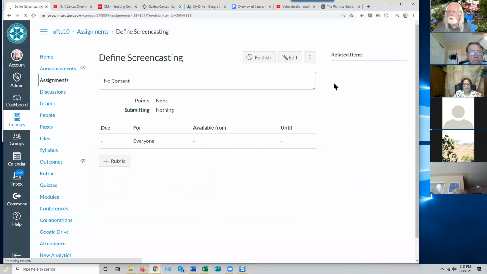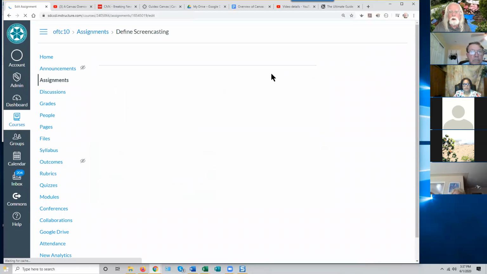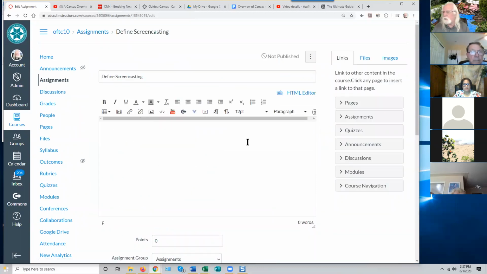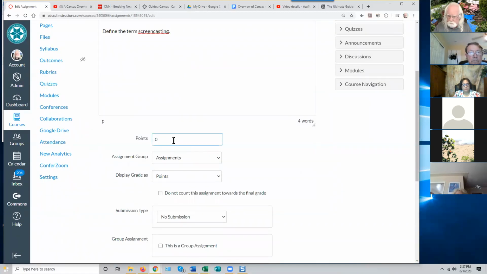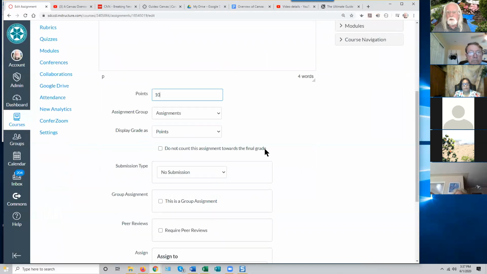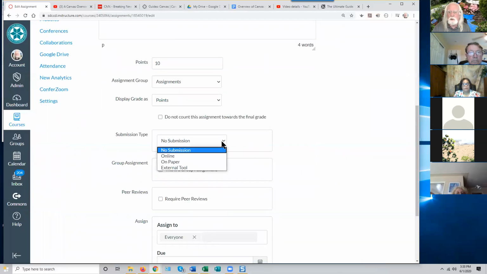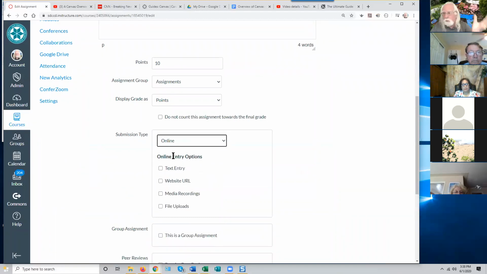Click on it to flesh it out, edit it as we did before. You provide instructions to students. Define the term screencasting. I could make that more detailed, but this will do. I can set the number of points for the assignment. I can tell Canvas that this is going to be submitted online, because that's the only option we have at this point. And by file upload,